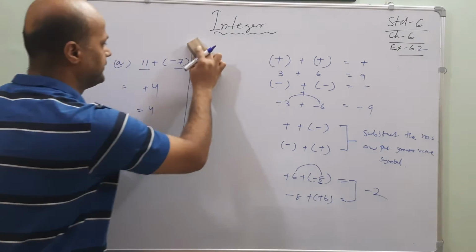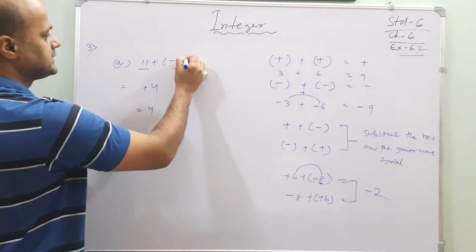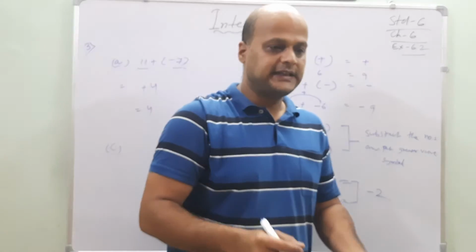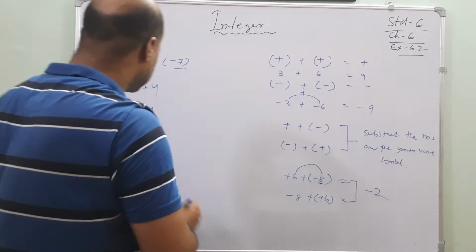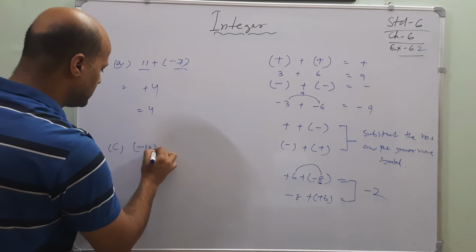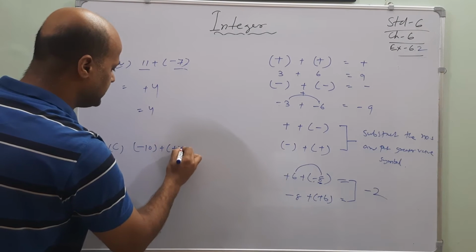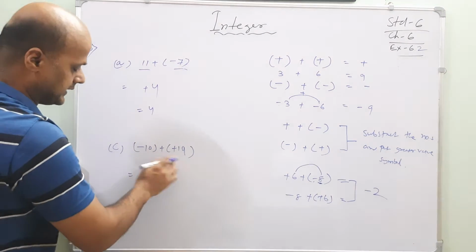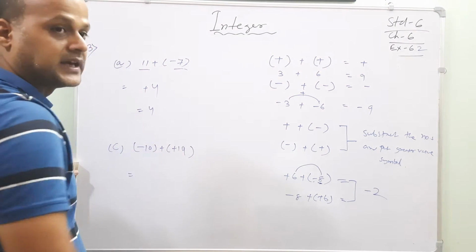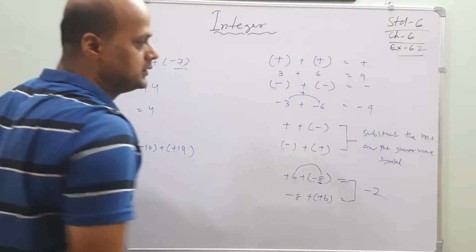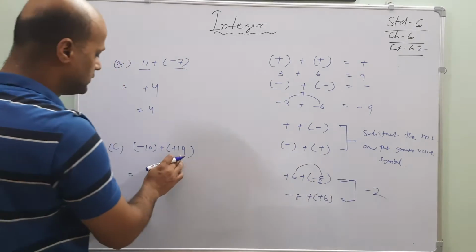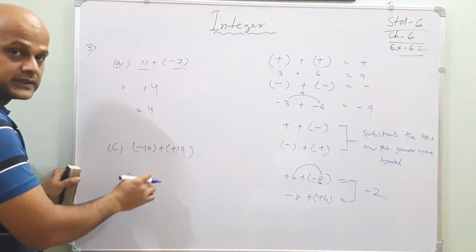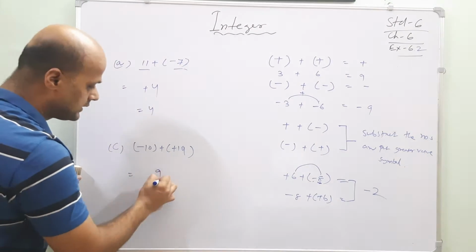Okay. Now come to the second one. What is not second? Go for the third one. C is saying that 1 minus 10 plus 19. Minus 10 plus 19. Again it is 1 minus 1 plus 19. Yeah, 1 plus 1 minus is there. What you have to do? Again come to here. Subtract the number. Which one is greater? 19 is greater or 10 is greater? Yes, 19 is greater. 19 minus 10, 9.